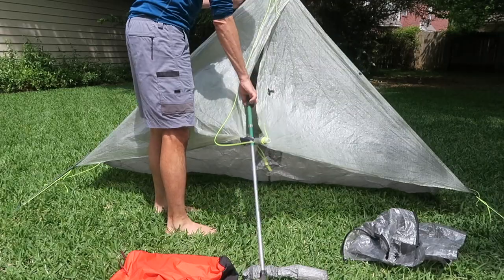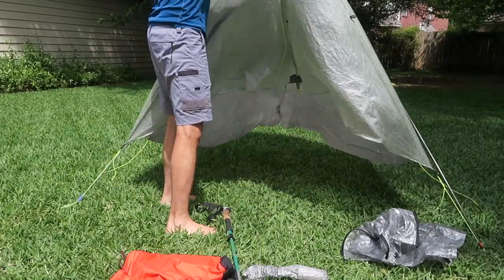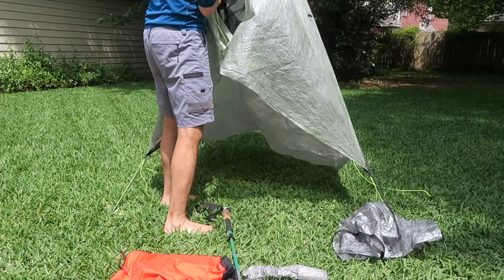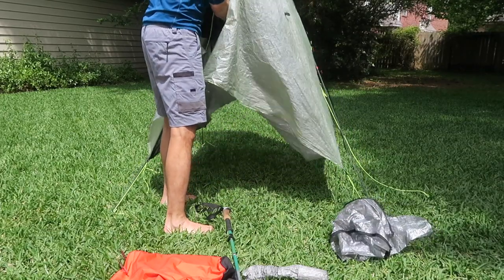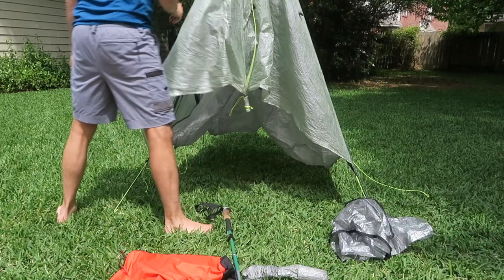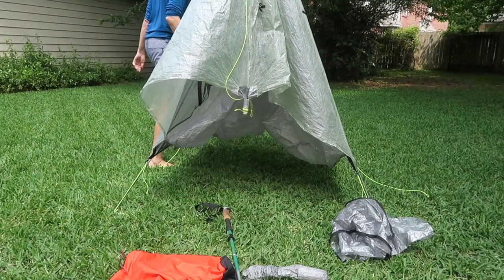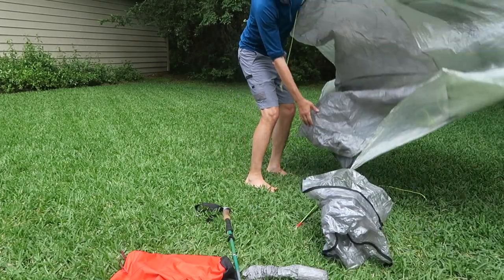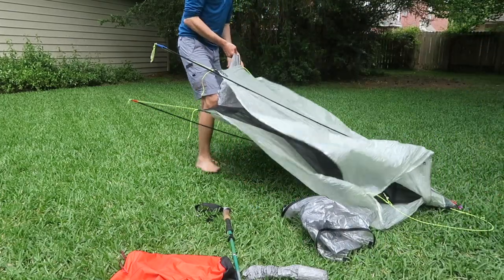So now I have the tent detached from the ground. I can lift up the sides. If the tent is dirty on the bottom, I can just rub the two sides together, get into it, whatever. Now I have to tilt the tent over, put it in the view here,